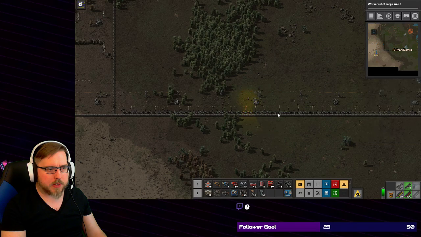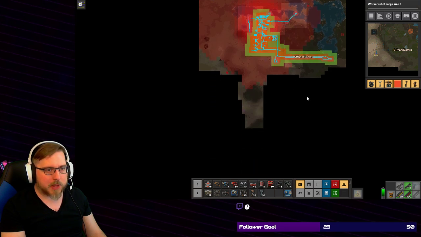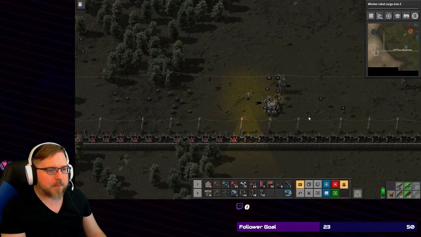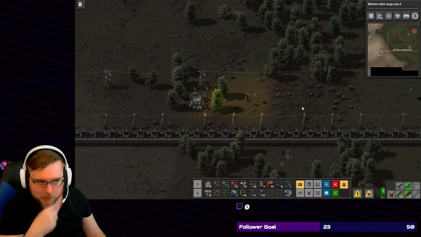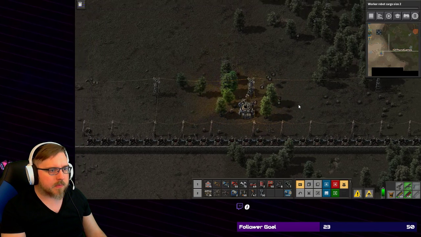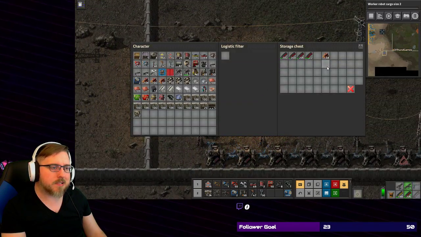So all of these turrets are active. I swear though, if I expand down here and there's just this giant ocean and there's no threat, that'll be funny. Okay, so we'll start walking back towards the base. They will eventually figure it out. What is in this? Oh, they just put anything in here because it's a storage chest. No,